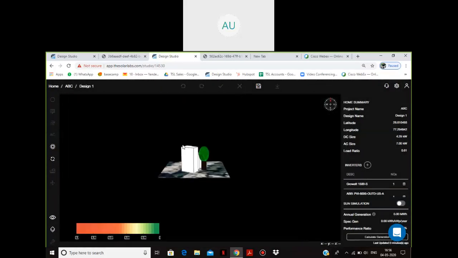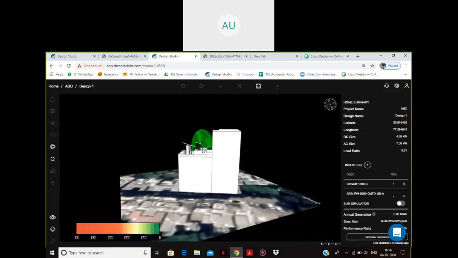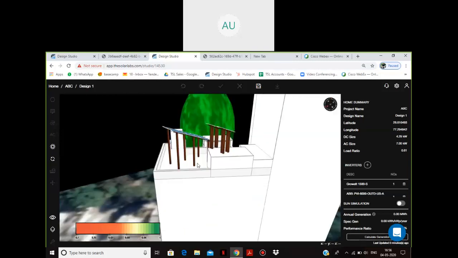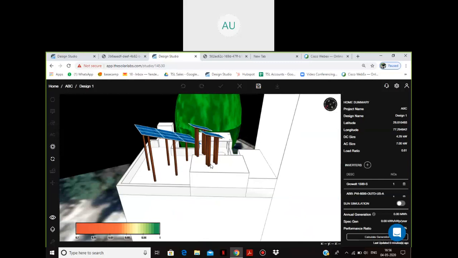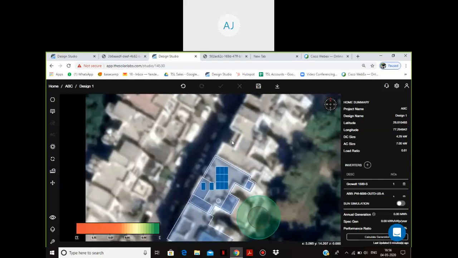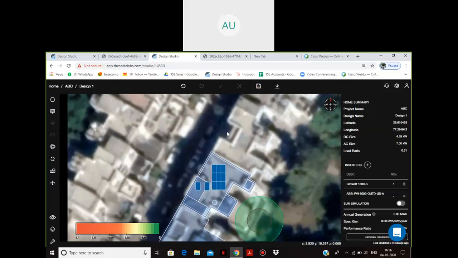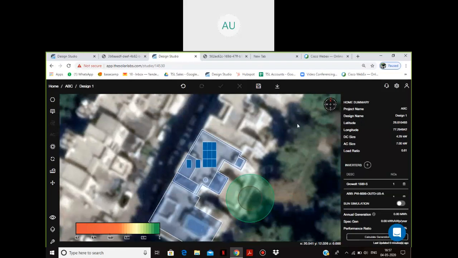Now I'll go on. So now the structure has changed. It has taken the pergola structure. And right now we are working on one more structure type, that is ballast structure. It will take around 1 to 2 weeks to come up. Yes, and you'll be able to see that ballast structure as well, and it will all be visible in the 3D mode once it's uploaded. So within a week or two, we are expecting more updates, which will allow you many further features.